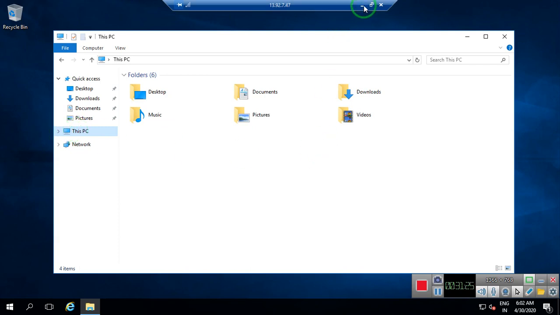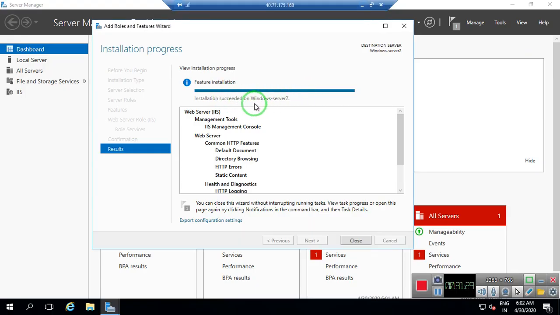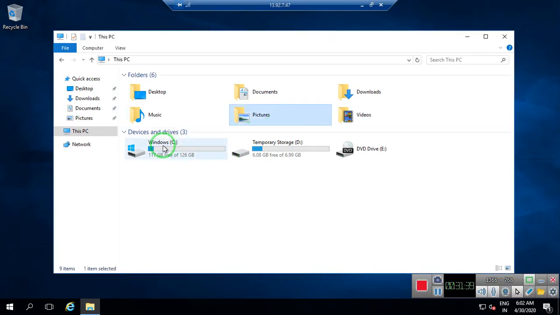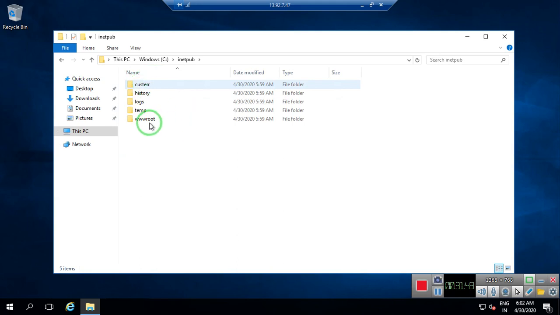Meanwhile, we can see in my server 2 also that the installation succeeded. Now I'm in server 1 right now. So I need to open this C drive. Over there, inetpub, wwwroot. Okay, I modify the page.